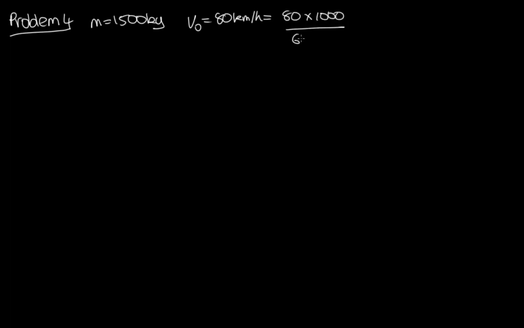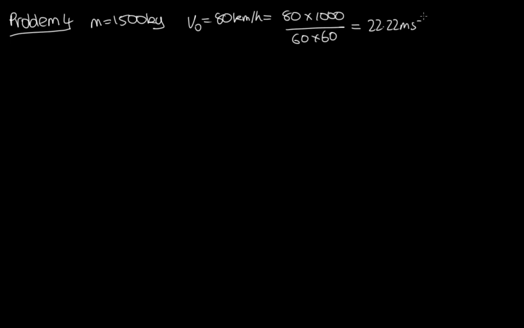Problem 4. A driver in a car of mass 1,500 kilograms, and this mass includes the mass of the car and the driver, is travelling at 80 kilometers per hour. So v naught is equal to 80 kilometers per hour. Let's just convert this into meters per second. So 80 times 1,000 over 60 times 60. Solving that one on the calculator, we get